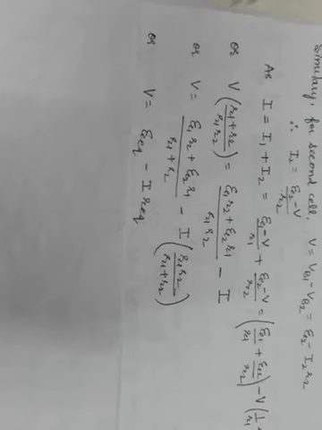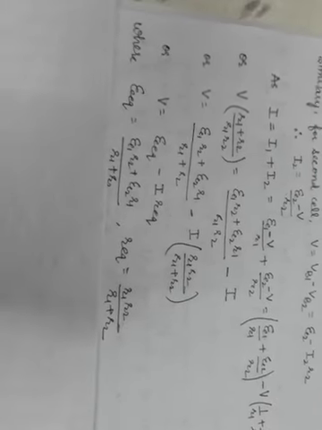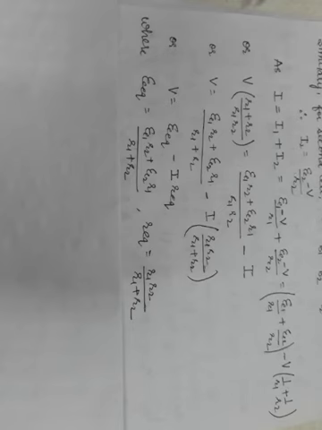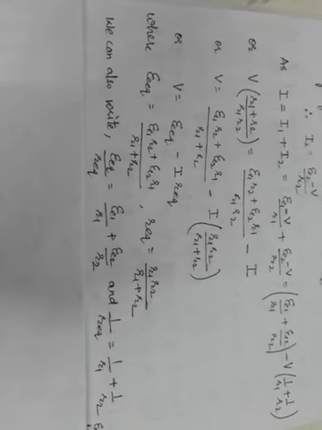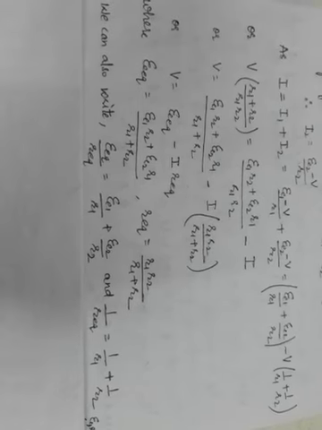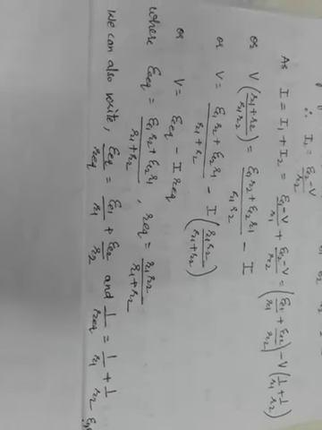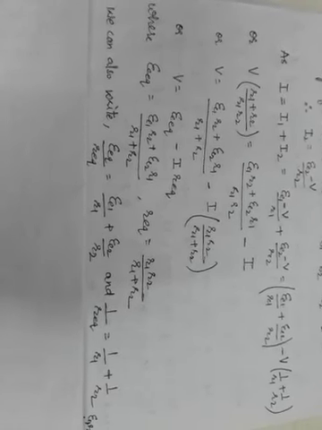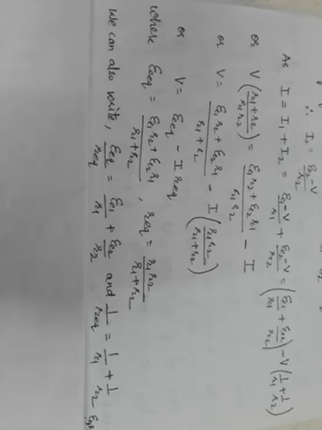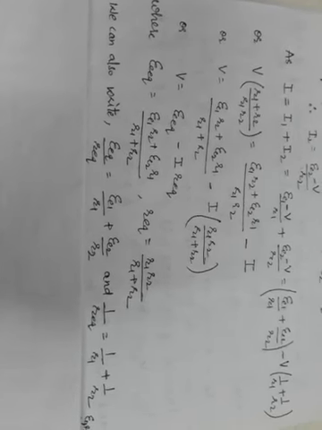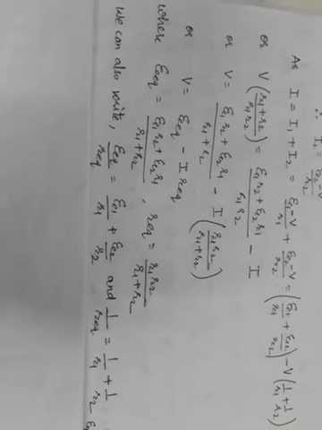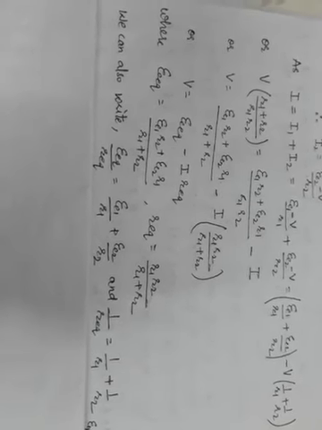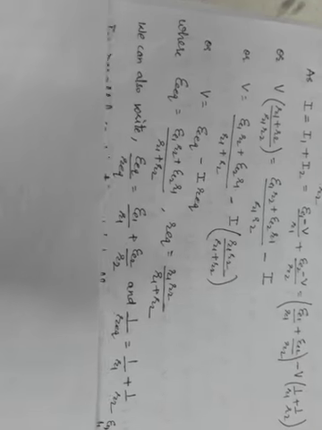It is somewhat complicated, so we can make it simpler. If I divide E equivalent by R equivalent, you can check it, the term R1 plus R2 will be cancelled and we will be left with E1 upon R1 plus E2 upon R2, whereas R equivalent is the same as the value of the parallel combination of the two resistances.